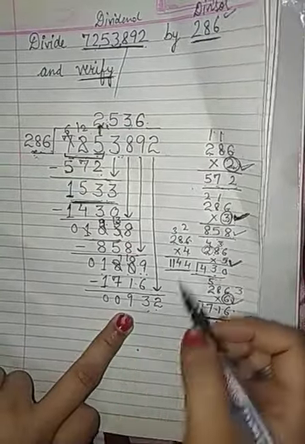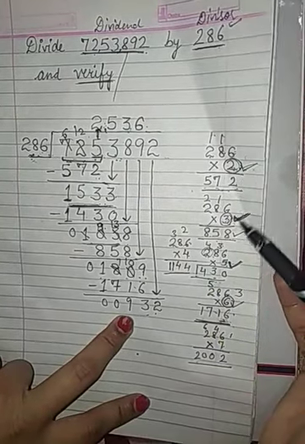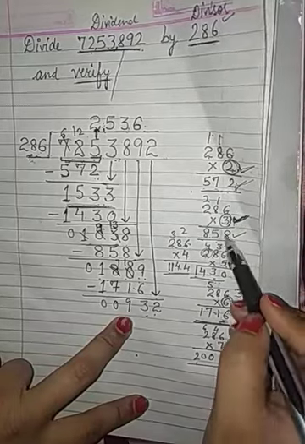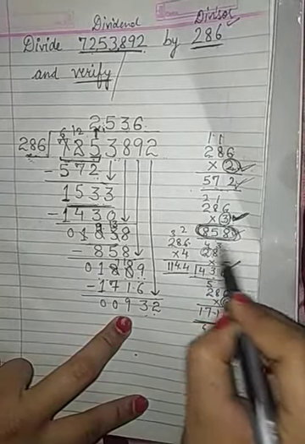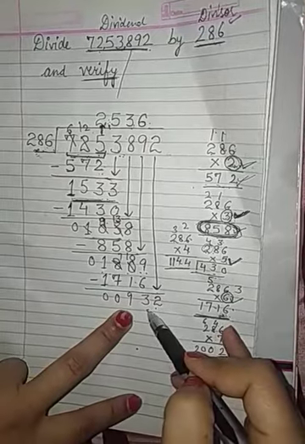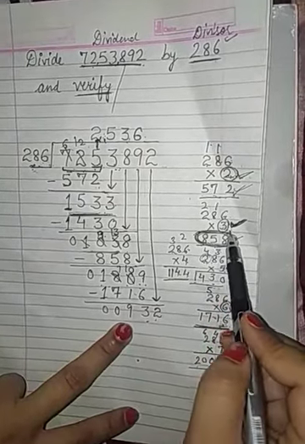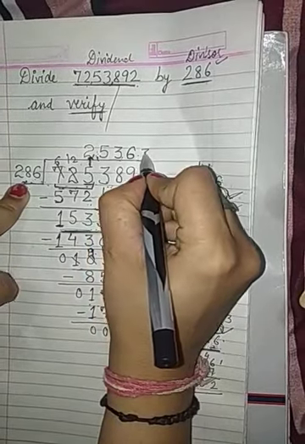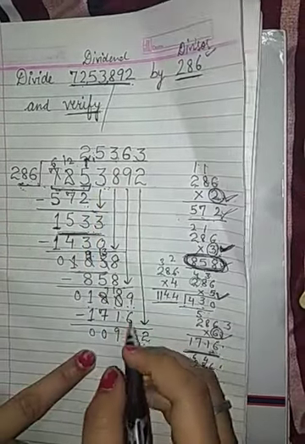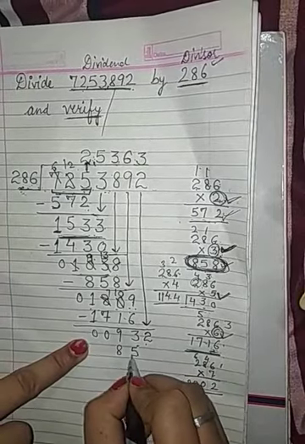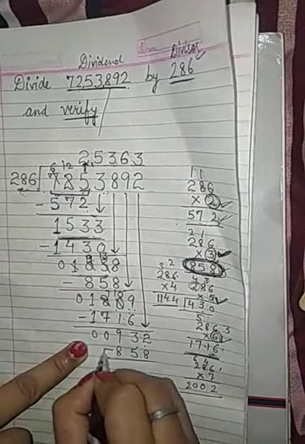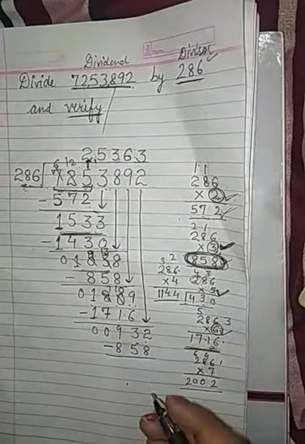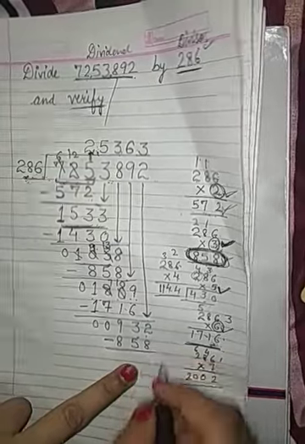932. Now we have already multiplied by 2, 3 and 4. If you will see the answers of 2, 3 and 4, this number is coming closer to this number. So 286 will go with 3, so that it would be 858. I am going to write 3 at the top of digit 2, so this will be 858. So you have to multiply with the number which is coming closer to the number. Then we have to minus.